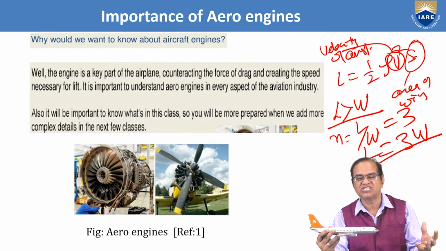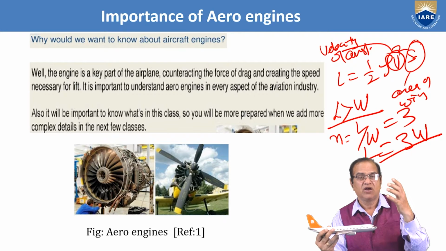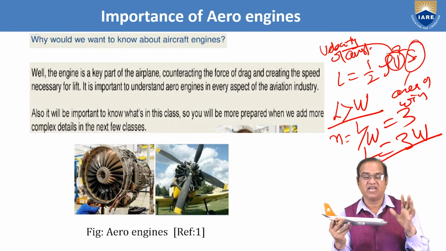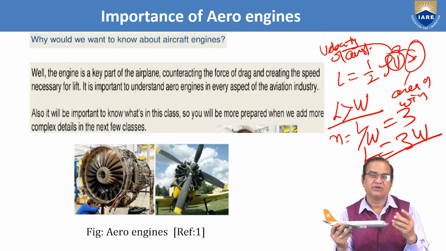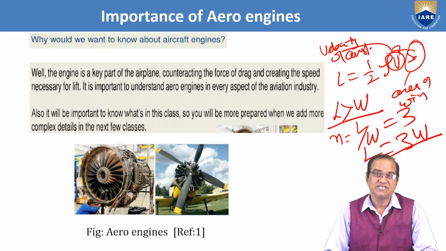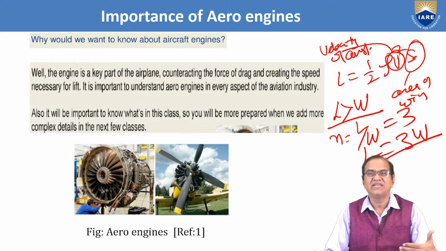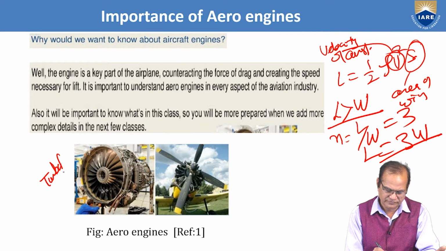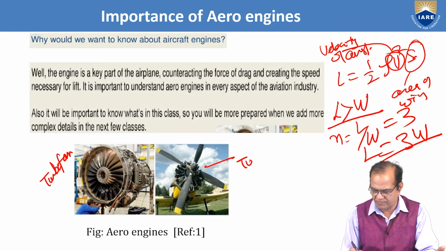So we should be very cautious whenever we are designing the aircraft. The weight reduction is very, very important, and every designer has to think about the weight of the aircraft. So it is very essential to know which class of engines is used for the aircraft, and this I am going to discuss in our class. And here I have shown 2 aero engines. The first one is a turbofan engine, and this is a piston prop.